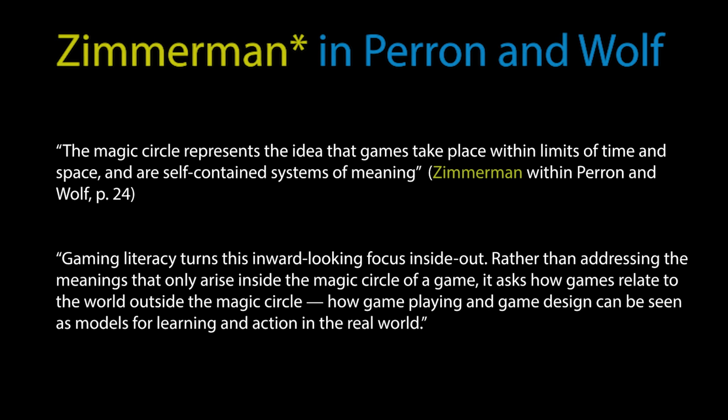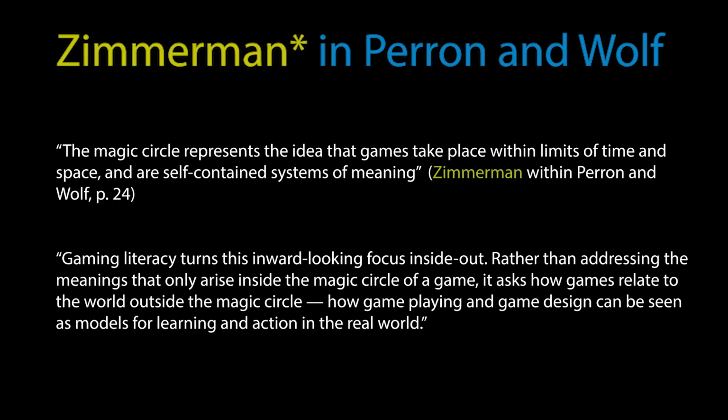Finally, is the concept of the magic circle. Perron and Wolf describe the magic circle in the case that it represents the idea that games take place within limits of time and space and are self-contained systems of meaning. What that means is you're stepping into a world, you're living the life of that character, and you're taking meaning from it. But I want to focus in on that last little phrase that I said, taking meaning from it,